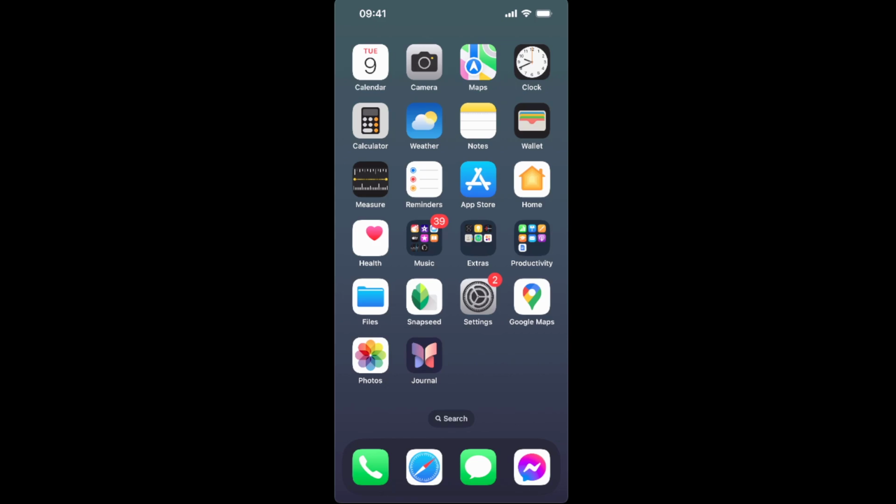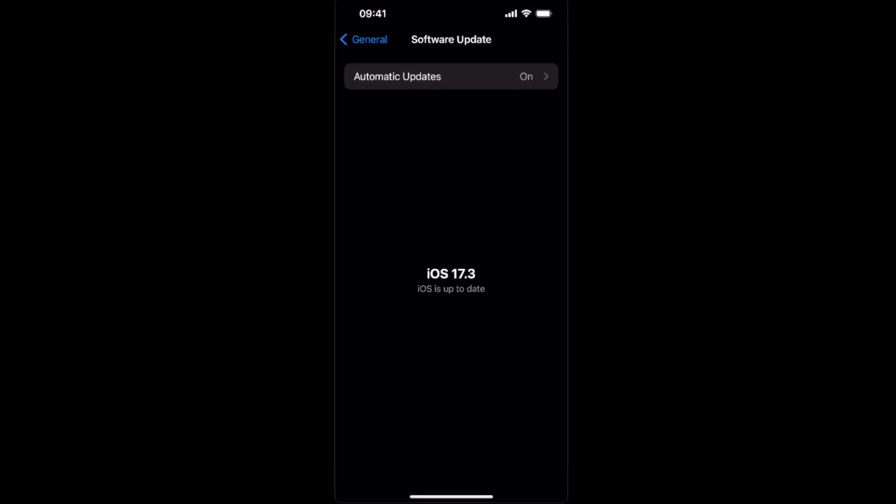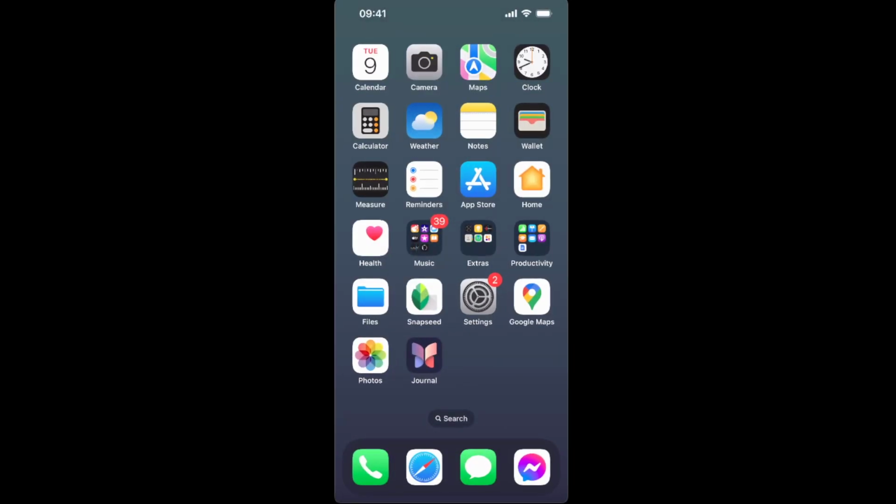Hello guys, so today I'm going to show you how to set up your name drop profile, and to do this you have to have a software update iOS 17 and up. So make sure you update your phone and then you will get your name drop by going to the contacts